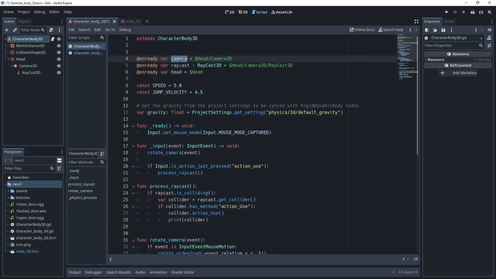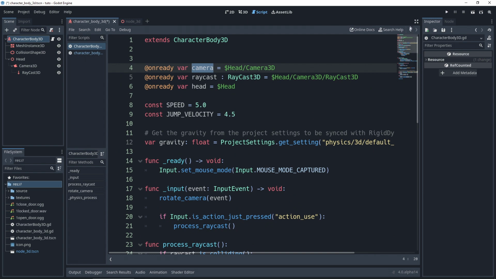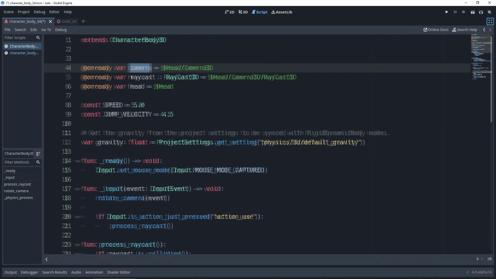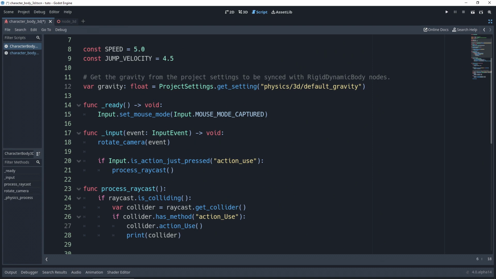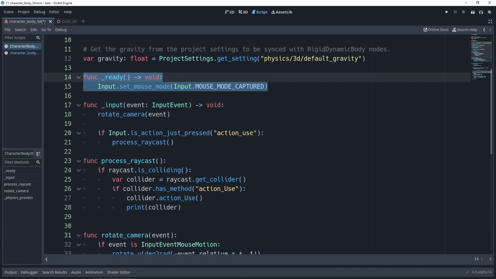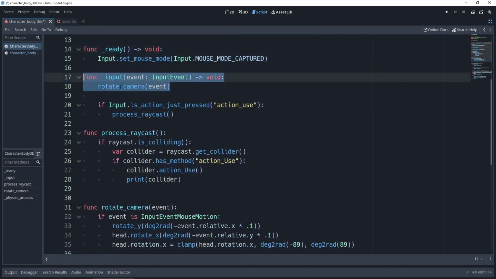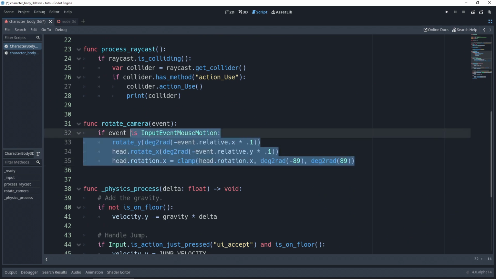They are set already, and I just changed a bit of the code. You can copy the code if you want, but it's very simple. Just add the template and add these things. Add the ready function, so it captures the mouse,